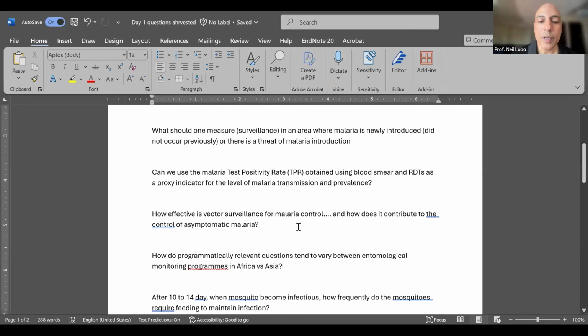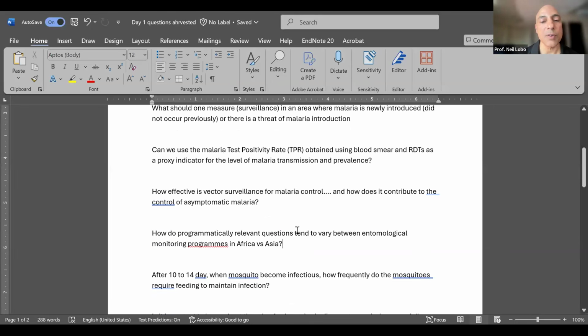I think this is what is normally used in malaria indicator surveys, where you look across the communities, and they test a random set of people to understand the amount of malaria at that specific point in time, which is called malaria prevalence. And you can use measures such as RDTs or blood slides. And each of these has its positive points and negative points. For example, RDTs and blood slides have a specific sensitivity, right? So you will miss subpatent infections. You will miss infections that are below the threshold of RDT detection. So you will detect a certain number of cases, but not necessarily every single one of them.